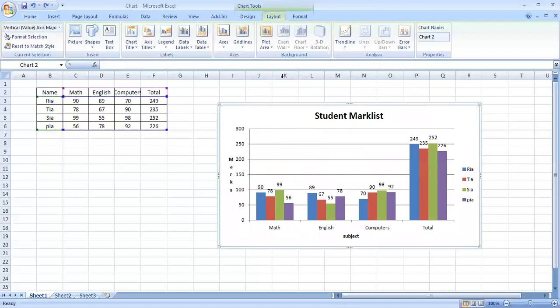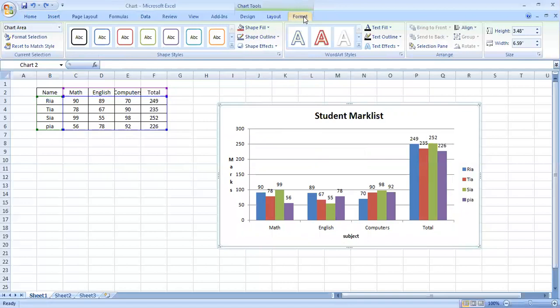And now we are going to format. So what do you mean by format? Format means actually formatting of each and every component. Okay, so let's see one by one. For example, this is the chart title, and you're very clear how to insert the chart title. But inserting is not the only feature. You can also edit it. You can also format it.